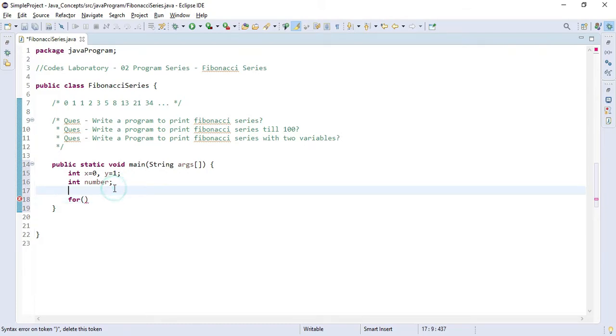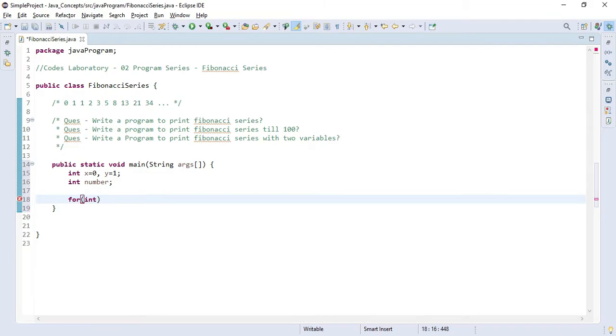Let's take an example. If someone will ask you to write a Fibonacci series program till the 10th value of the Fibonacci series, we can do that like this.